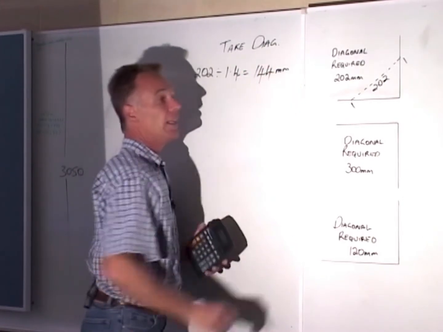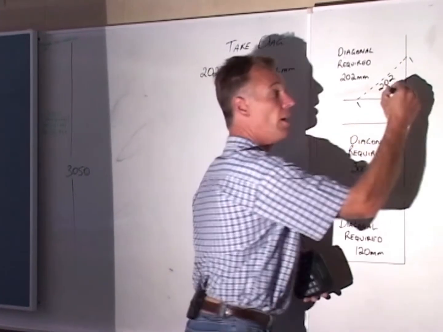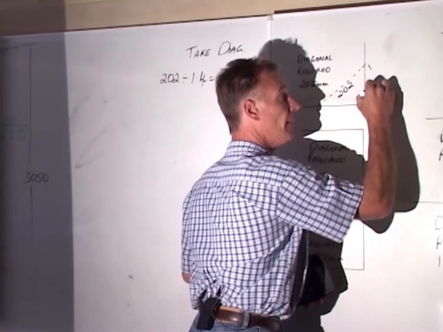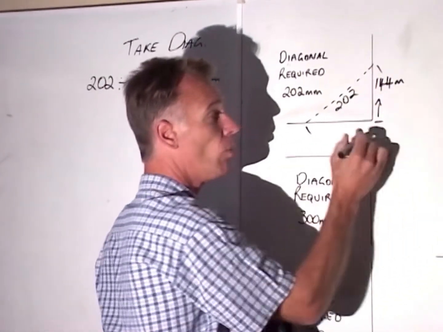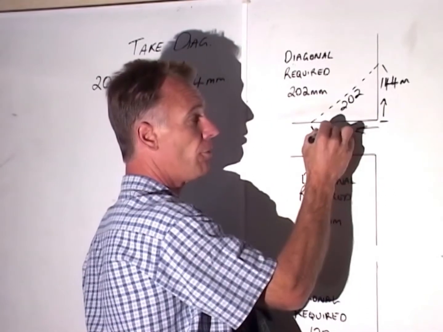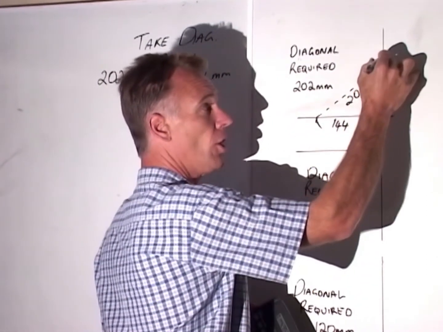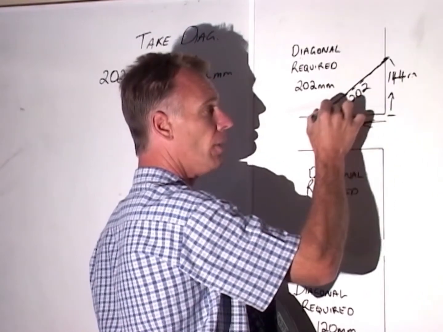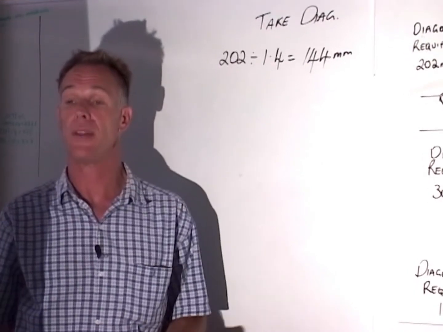millimetres. Now, that simply means that if I go to the corner of my tile, the corner of my square, and measure up in that direction 144 millimetres, and once again the same here, 144 millimetres, mark it at that point and draw my diagonal through, my diagonal will be 202 millimetres long, and that's it.